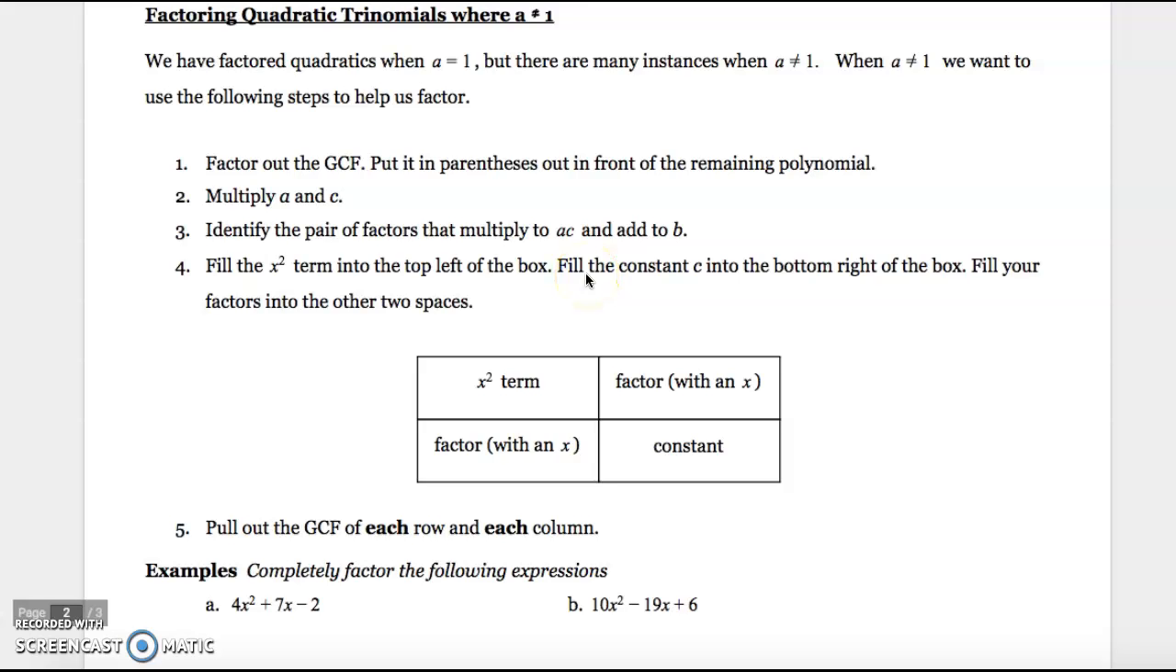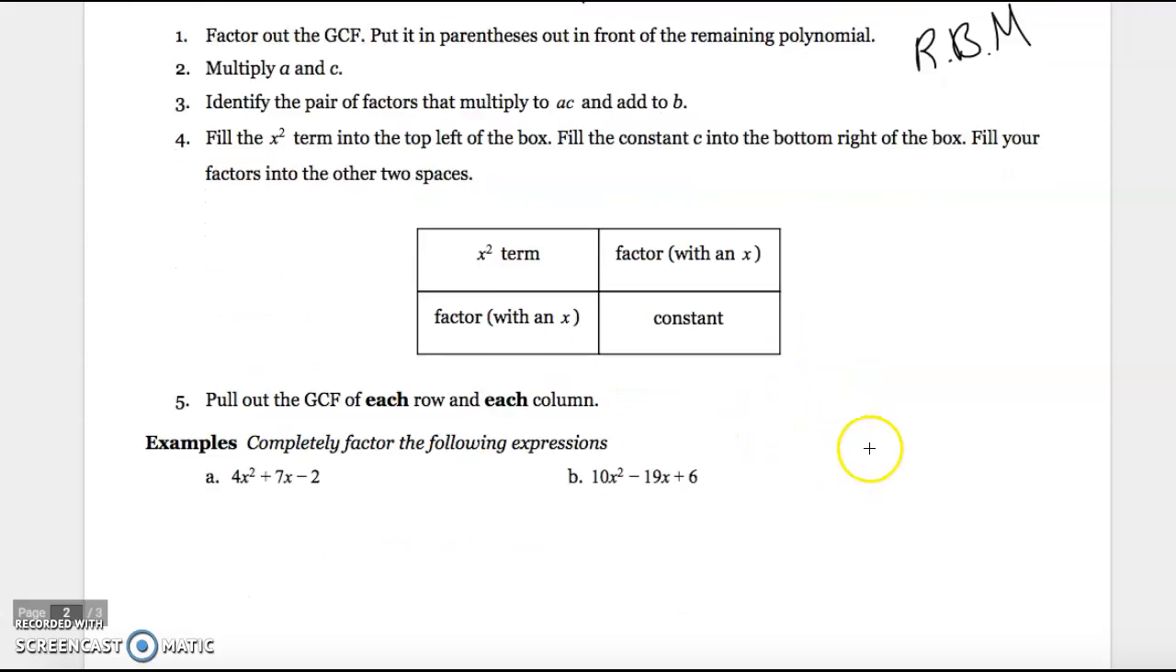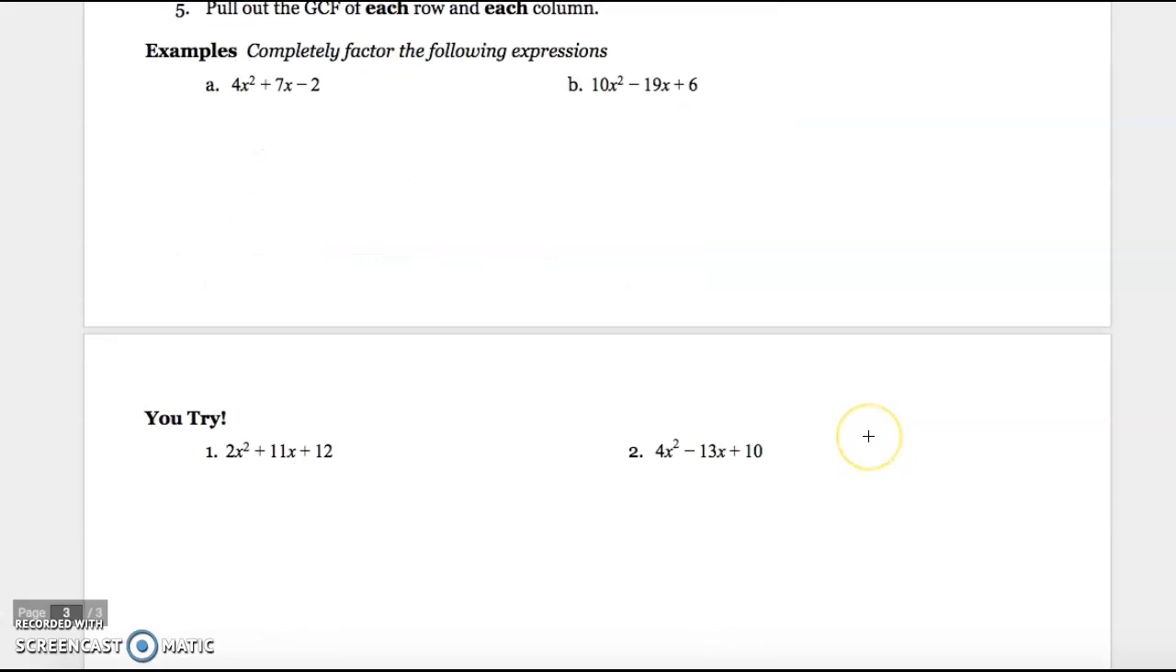Okay, I'm going to go through some more examples of factoring your quadratic trinomials where a does not equal 1. I refer to this a lot as your reverse box method, or I shorten it to RBM. So the steps are right here. They're the same as what were in the regular notes. Now I'm just going to go through and do some examples